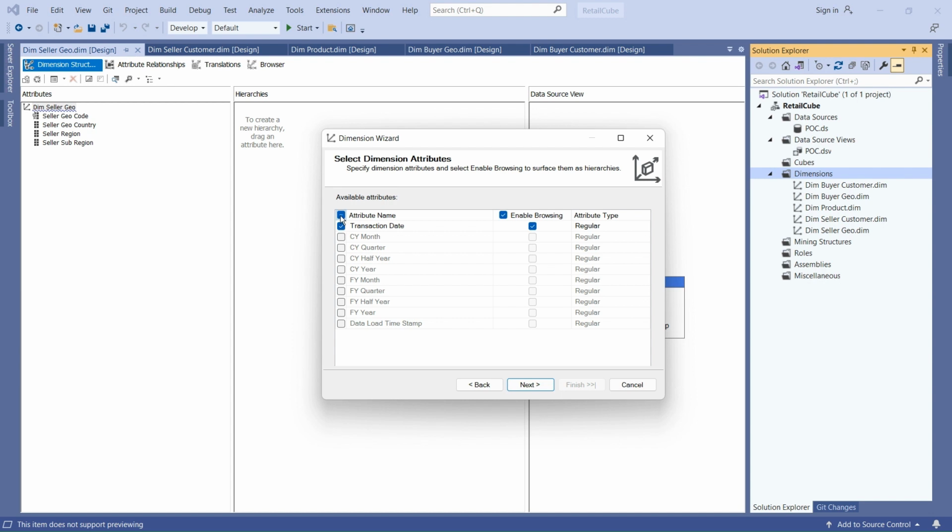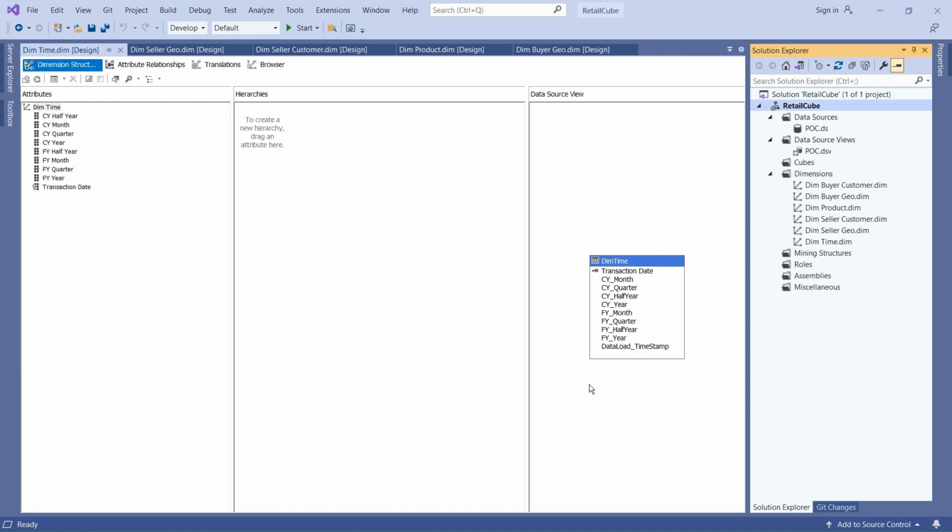This is the button, right? So now I am excluding the data load timestamp, which is not required for my reporting purposes. Click next, and the time dimension is created. So now we are good with 6 dimensions. Our next step is we need to create the